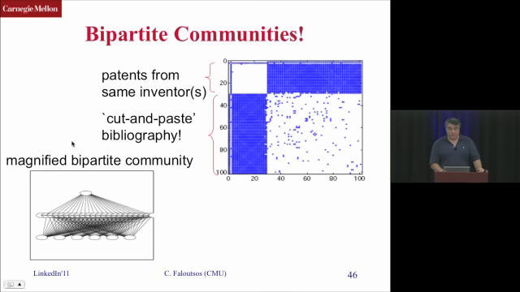But we were able to do the same experiment for patents, and here is the most impressive eigenspoke from the patent data set, which is available from the US Patent Office, uspto.gov. So here are 100 patents, and these 20 patents are citing all the other 80 patents, and a few more, which in retrospect is not that